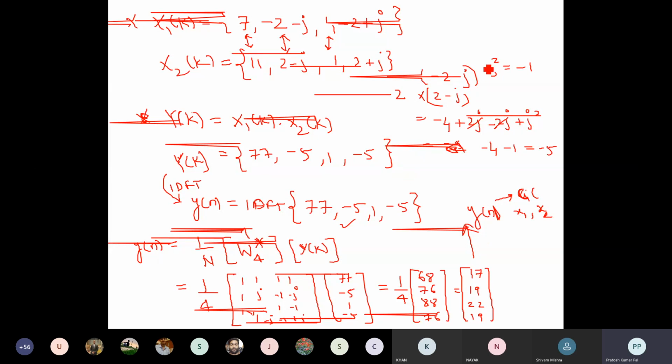So another method that is employed to find out the circular convolution is the DFT and IDFT method. So this method of calculating the circular convolution is called the DFT and IDFT method. So we will be using DFT and IDFT to calculate the circular convolution. Okay. So in the question, it might be given like you need to find out the circular convolution of these two signals x1 and x2 by using the DFT and IDFT method. So you have to follow the DFT and IDFT method. Okay.